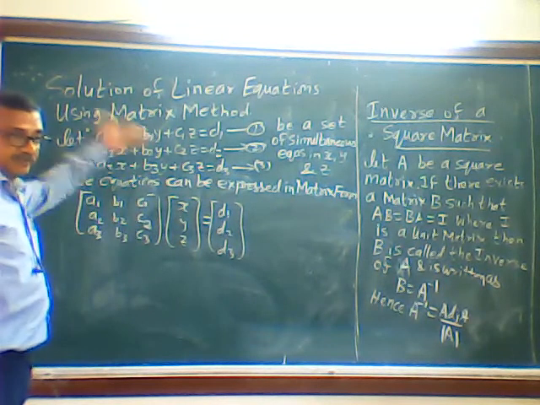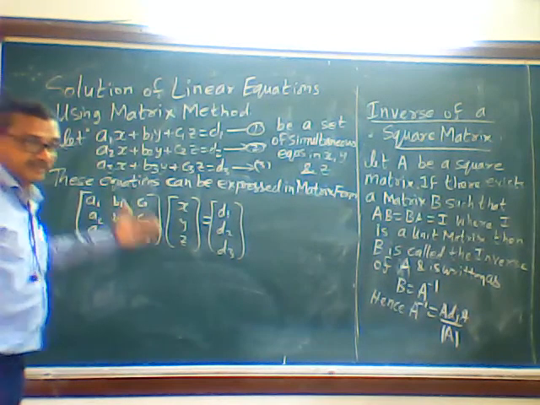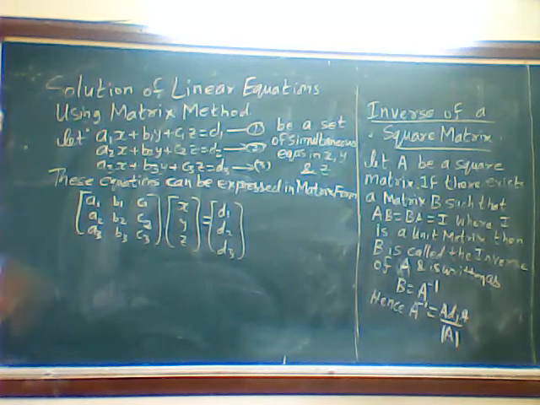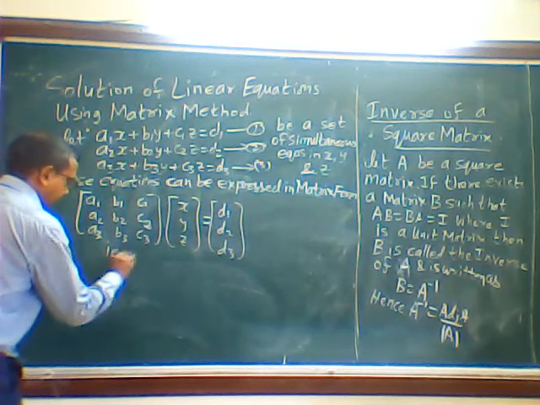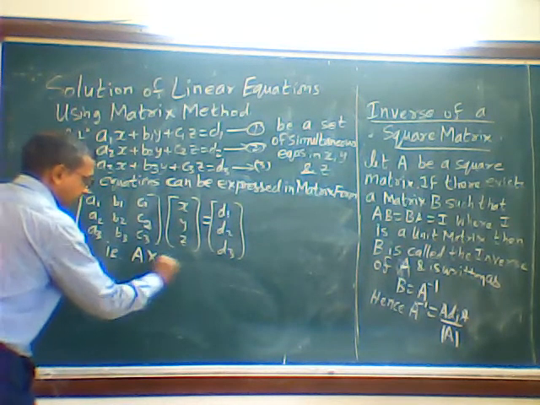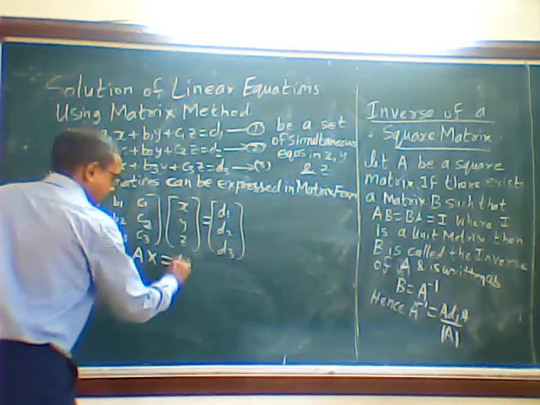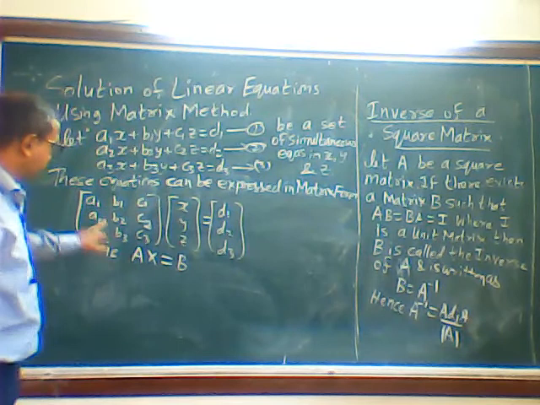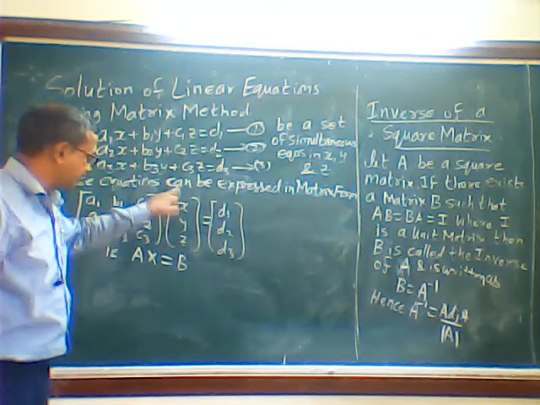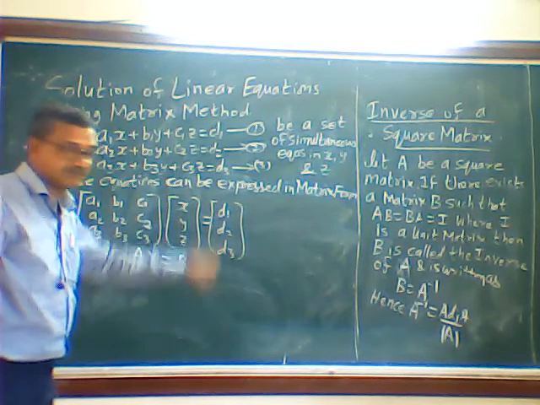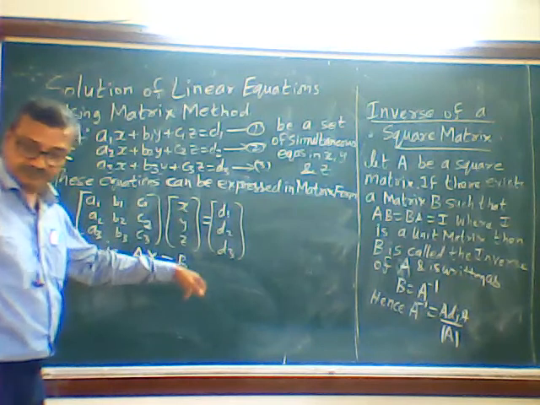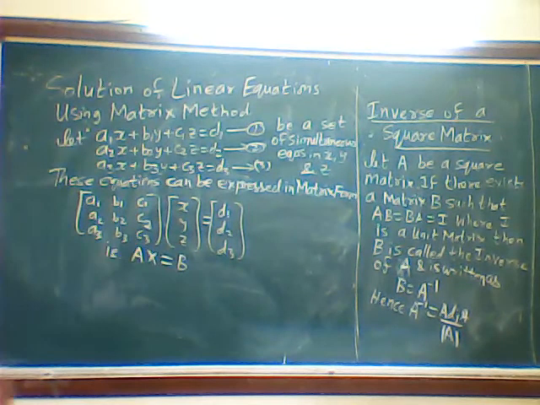So given simultaneous equations we have written in matrix form. Okay, now this is AX is equal to B. This A is nothing but this matrix, this capital X is this x, y, z and this B is this constant, that is AX is equal to B, where